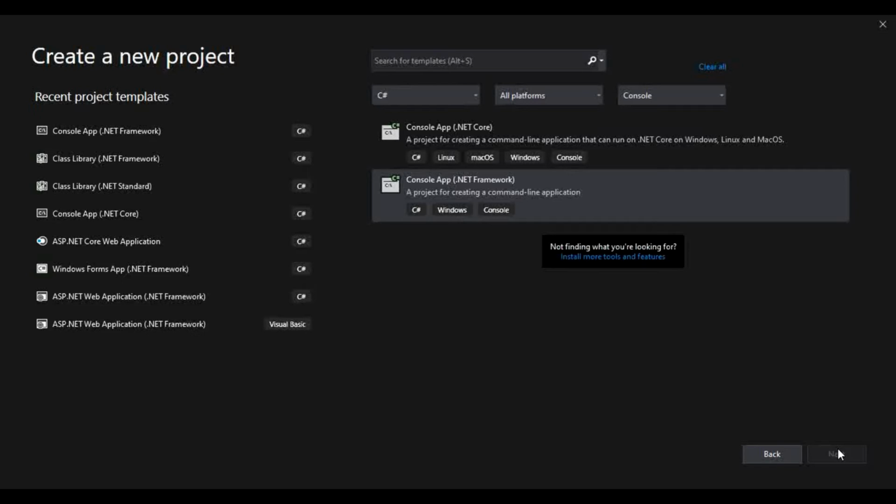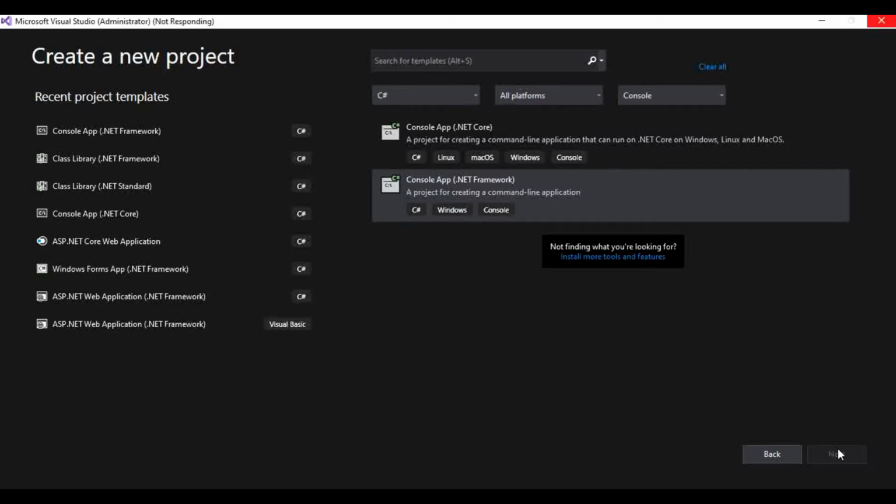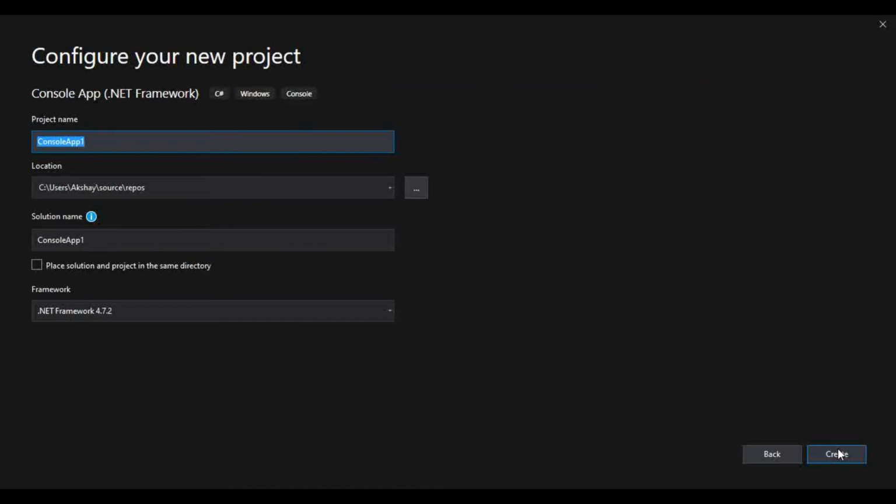Again, guys, I am saying this again and again: if you are not really aware of what .NET Framework is, and this is very important, you should know everything about .NET Framework first before learning C#. Because there are many functionalities in .NET Framework which is managed, and this C# language is also very much managed by .NET Framework only, so you have to understand that first. So if you are not aware of that, check out my .NET Framework tutorial series. You will find the link in the description of this video below.